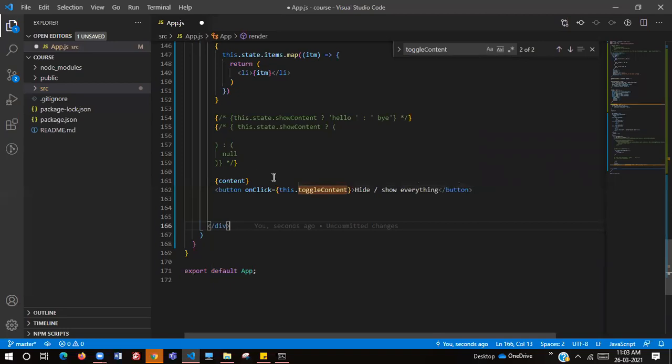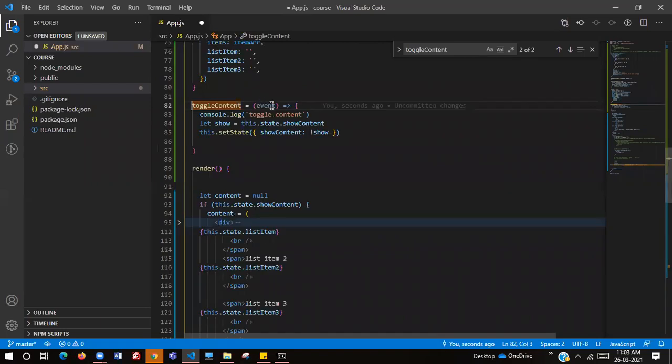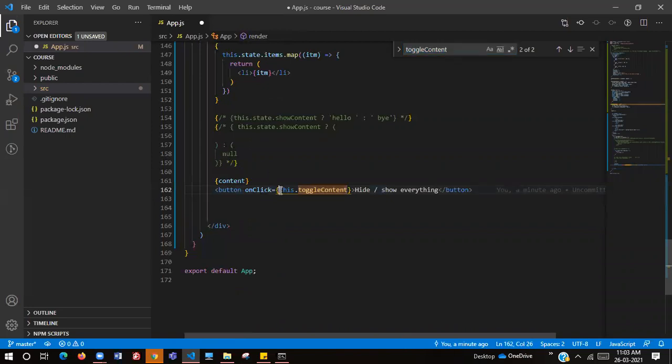Okay. So if I want to pass an event to this function, in order to pass a parameter to that particular function, what exactly are we supposed to do? What should this onClick be changed to after this value?